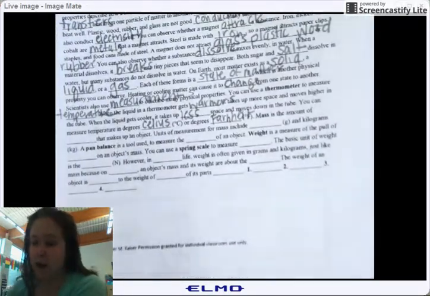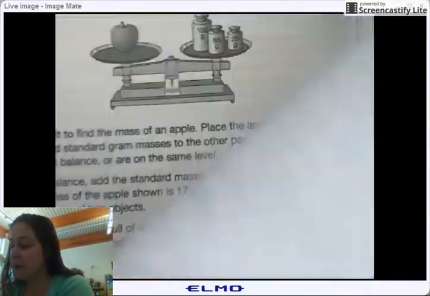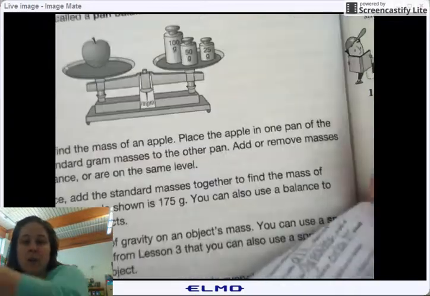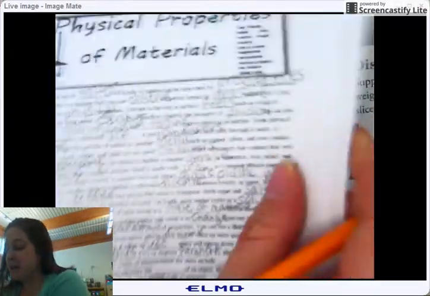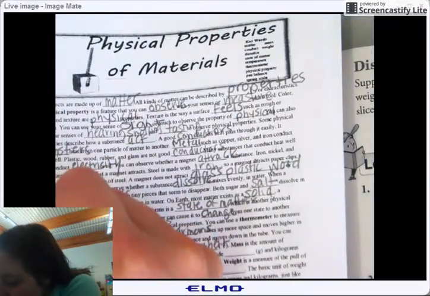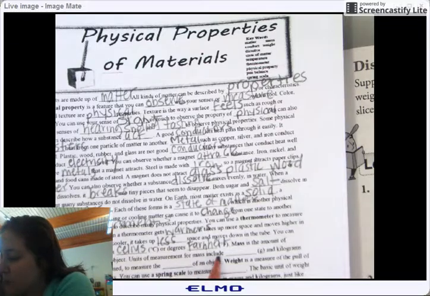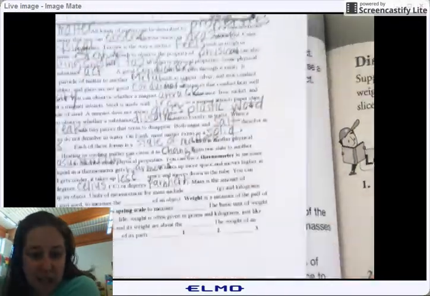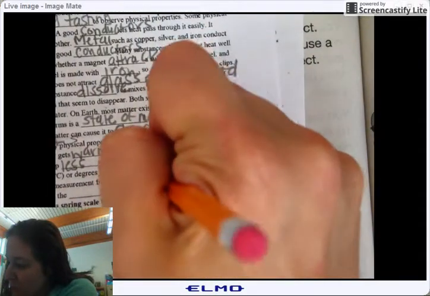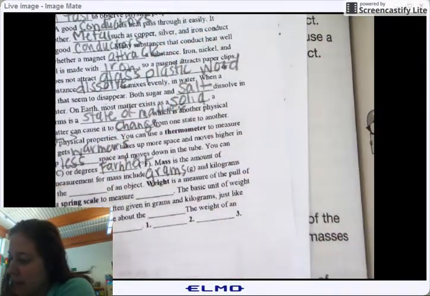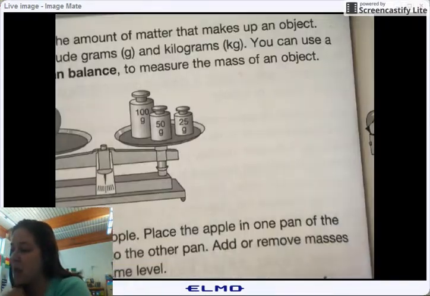Mass is the amount of matter that makes up an object. Units of measurement of mass include grams, the little g, we talked about this in math, and kilograms. A pan balance is a tool used to measure the